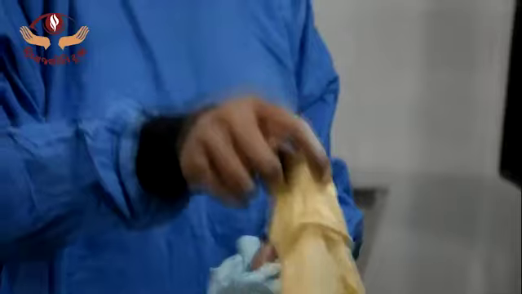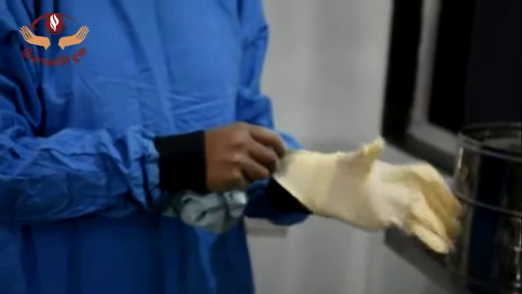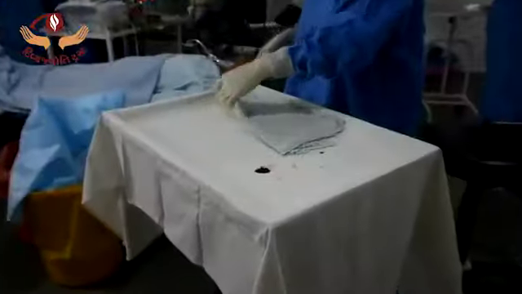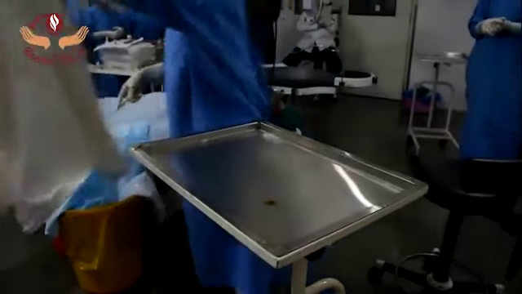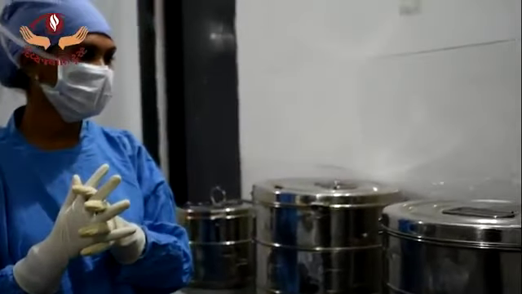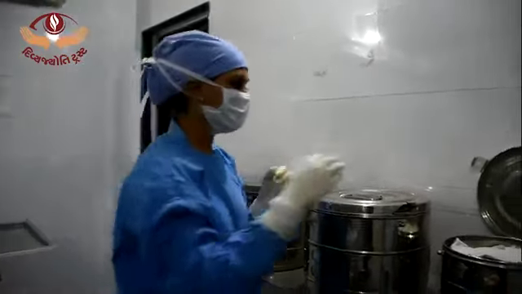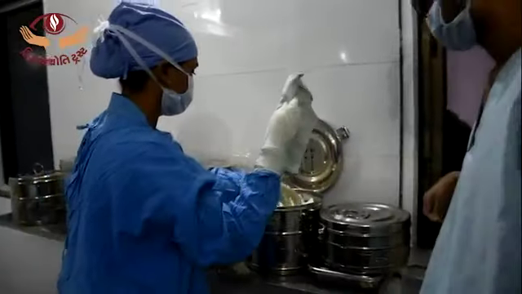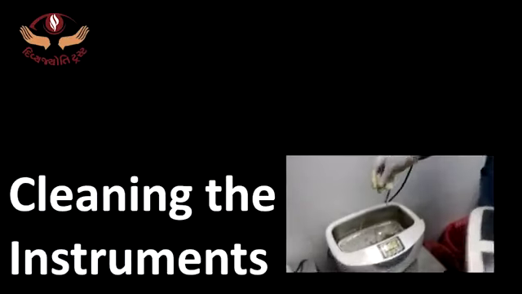Gloves must be changed after each surgery. Ideally, one should re-scrub after each surgery for 3 minutes. Each time fresh trolley should be prepared after removing everything from it. Each time, autoclaved set of instruments must be used, and for that, flash autoclave can be used to sterilize instruments between two surgeries. Cleaning the instruments.